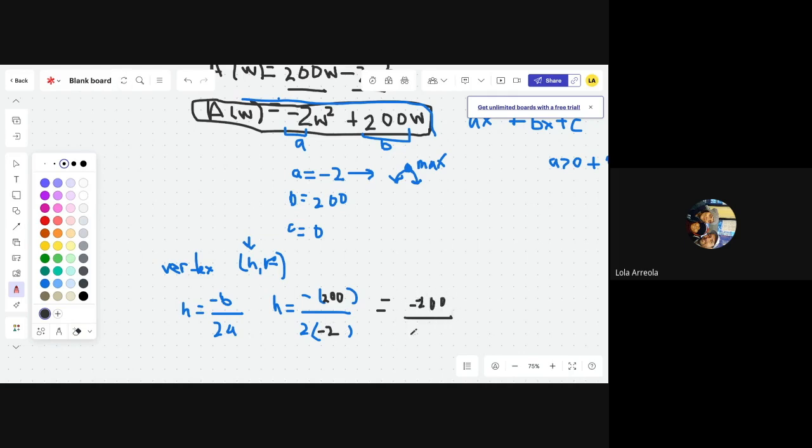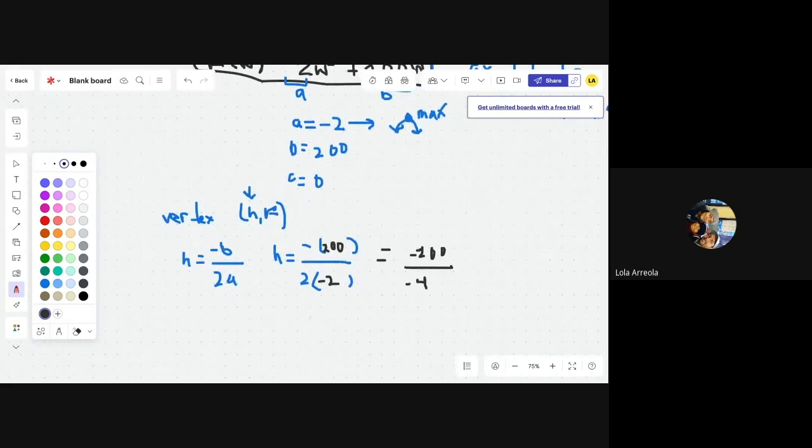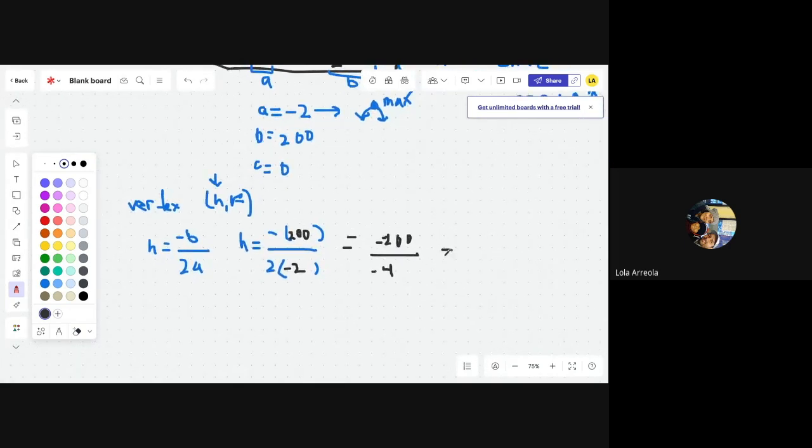And 2 times negative 2 is negative 4. So this is equal to negative 200 divided by negative 4, which is equal to 50. So what do we solve for? Why do we do all that math? Because we're solving for H. So for H and K,